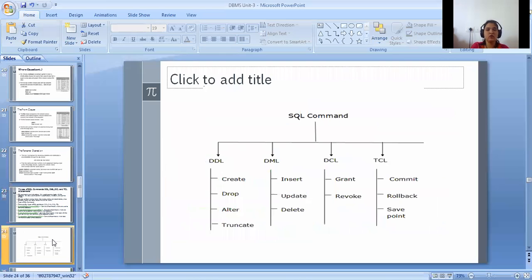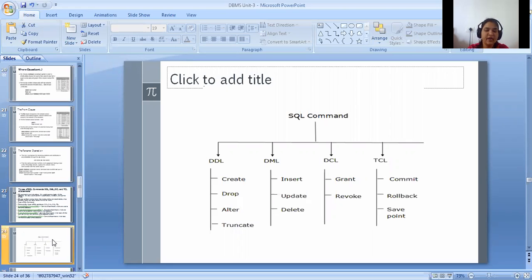Okay, see over here at a glance you can see the commands under each and every language. This is the hierarchical or tree diagram which will show you at a glance the overall commands which come under the specific language.